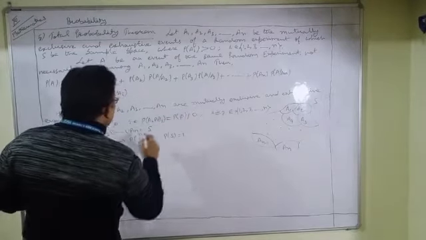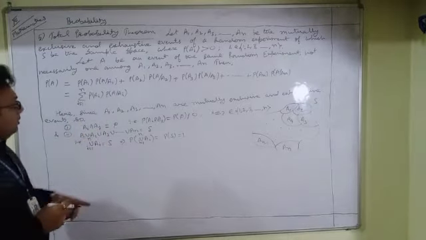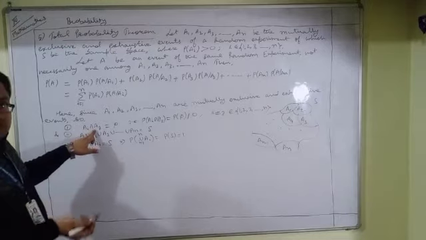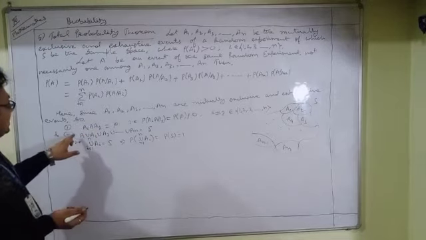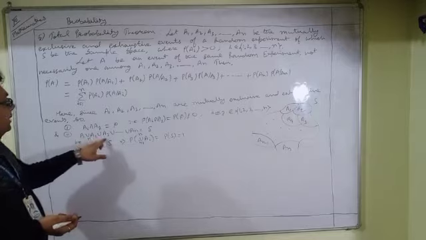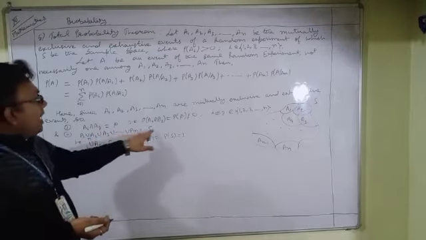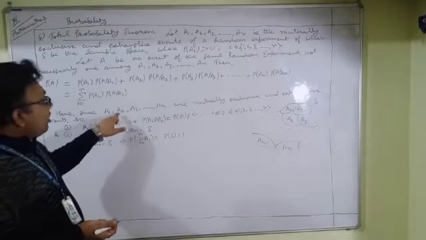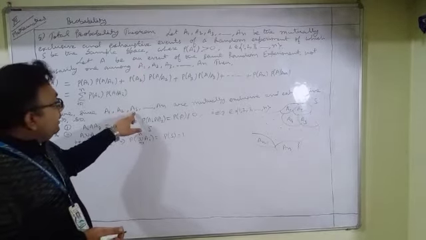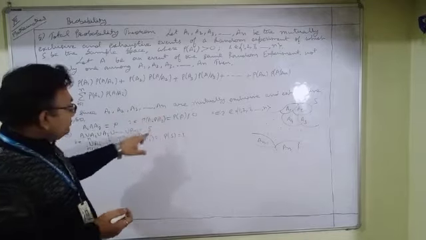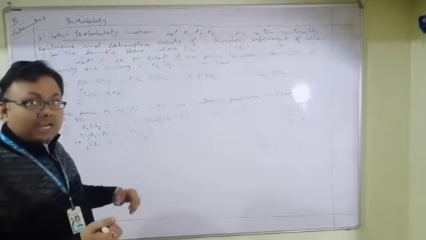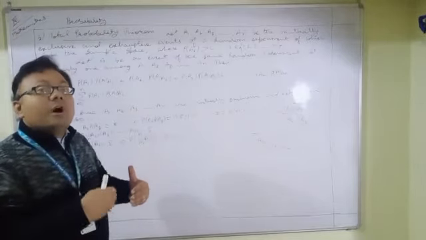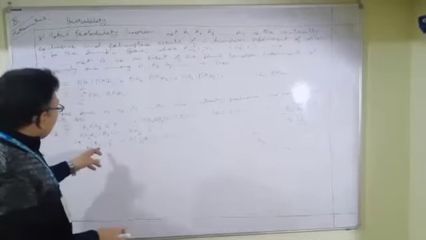It means that there should not be any common element at all. So this stands for the fact that these are mutually exclusive events. And secondly, A1 union A2 union A3 union ... union An is equal to S. This statement shows that the system of events A1, A2, A3, ..., An is exhaustive. Exhaustive stands for covering the whole system, in the form of the sample space.